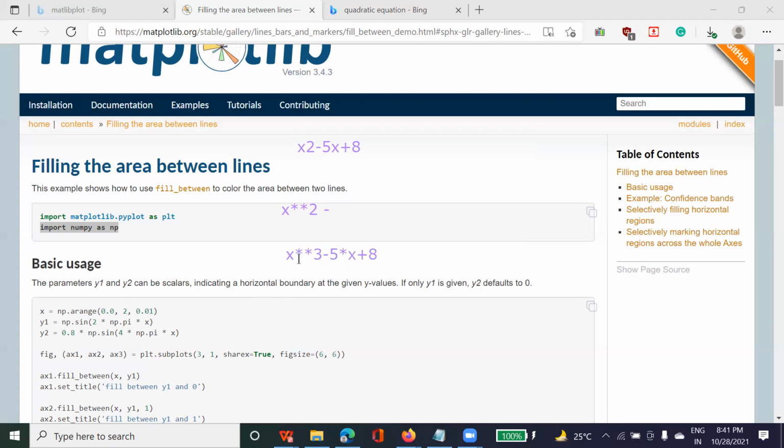Suppose my x value is in the range of 1 to 2 with an interval of 0.1. So what will be my x value? 1.1, 1.2, 1.3, right?